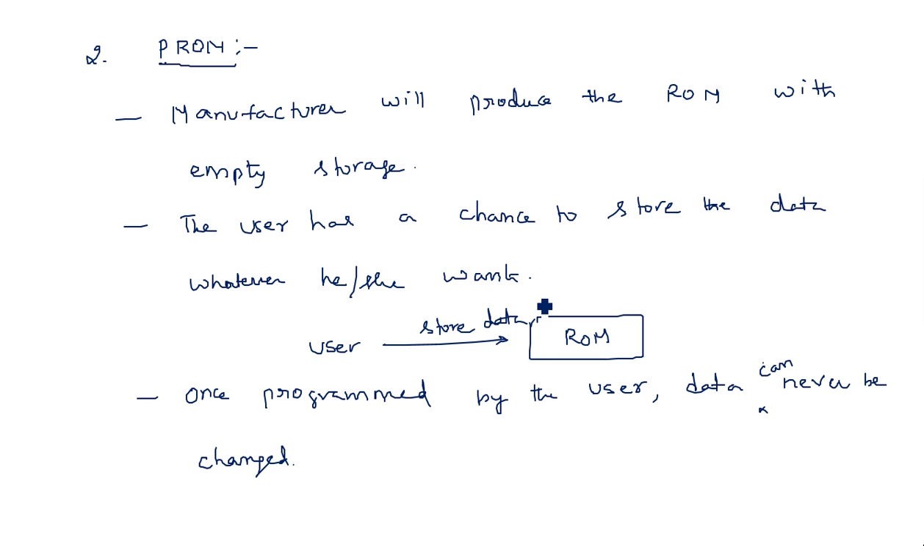In this P-ROM and in the previous M-ROM, in both, once the ROM is programmed, it cannot be changed. But the difference is that here the user has a chance to program whatever data he wants because the memory location is empty. But in the previous case, the memory comes with the data directly, and the user has no chance to store the data. That is the difference between M-ROM and P-ROM. And coming to